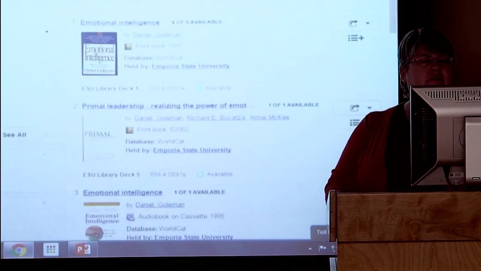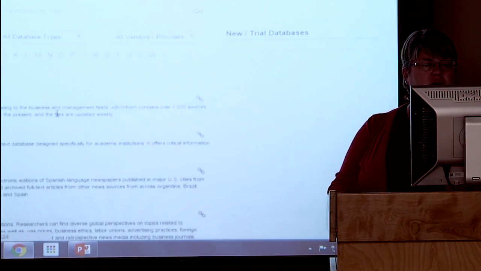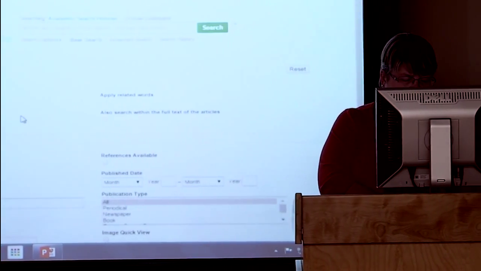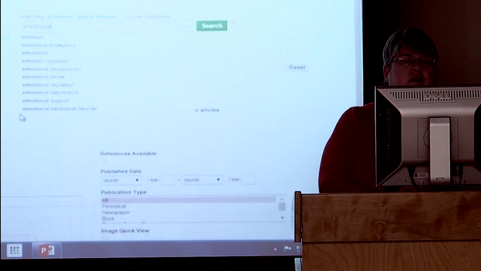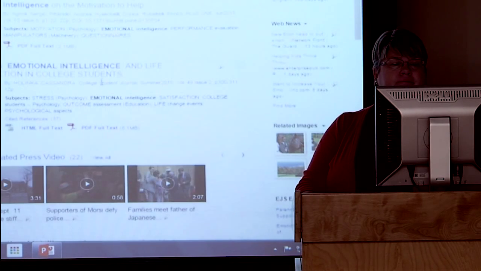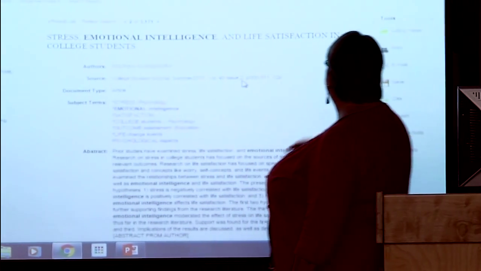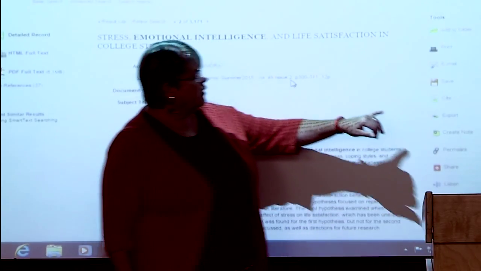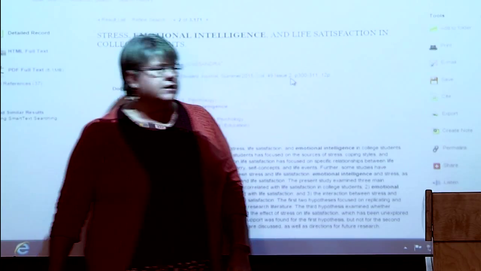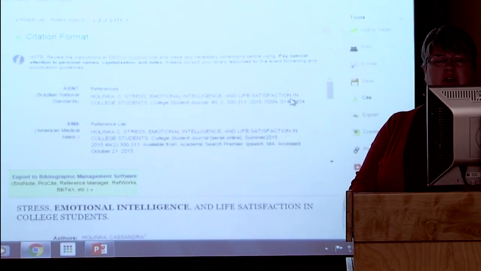All right. So another thing that you can use, within a lot of our databases, there's citations provided. So like in EBSCO, if I do a search and I find a record that I like, and I will just pick one, since I'm not really doing a search. Over here on the side, there's options to print, email, save, and then cite. So if I click on that cite option, once again, it opens up a box.